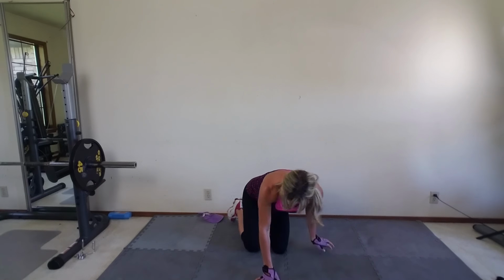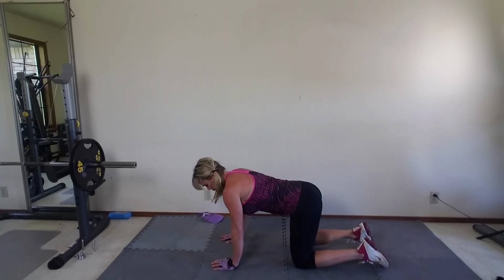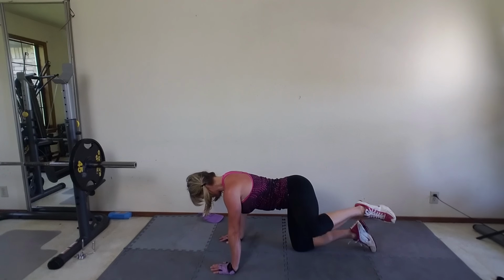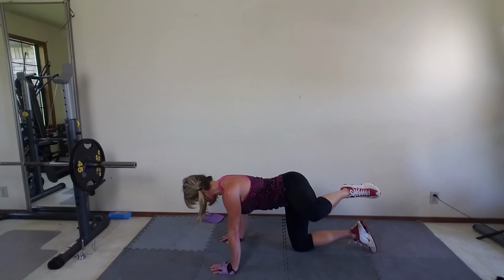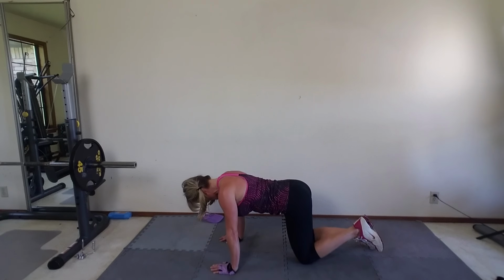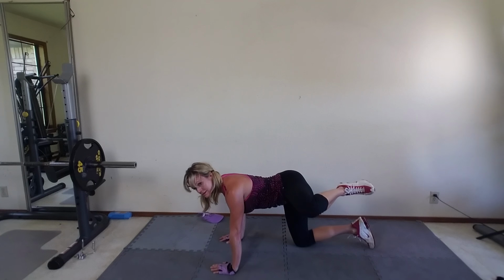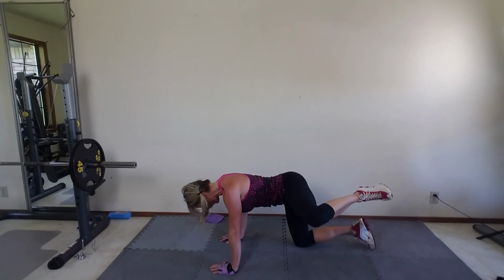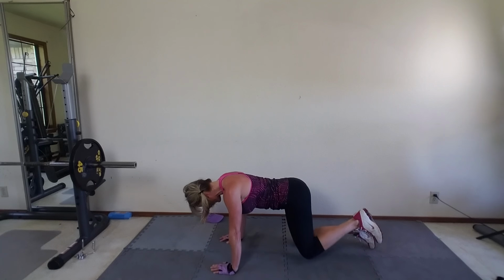Now I'm going to turn around this way because I'm going to hit the wall. All right. 1, 2, 3, 4, 5, 6. Make sure you're going nice and slow. 7, 8, 9,